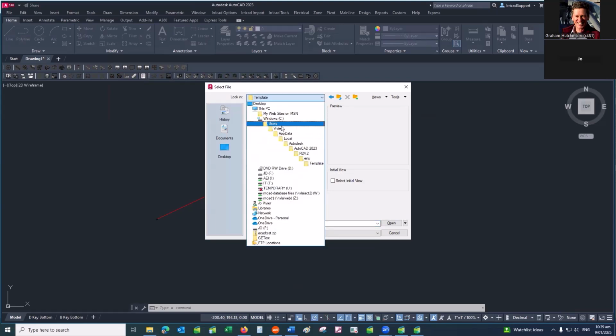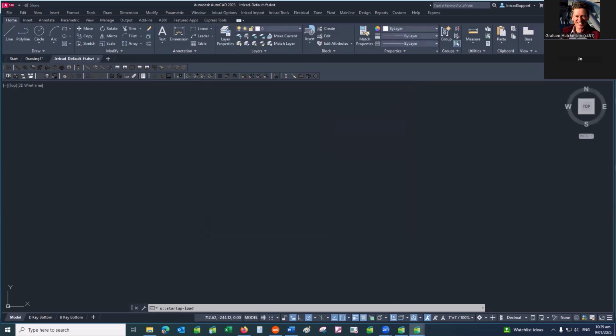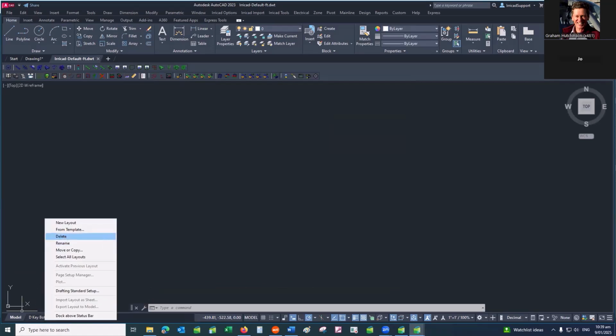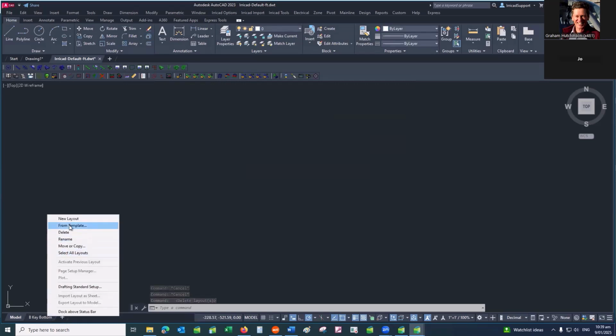which is nicely hidden under Users, your login name, App Data, Local, and then through the Autodesk to the template folder. Now if I go to the default template, we can open that. In my particular case, I never use the size D paper, so I'm going to delete that one, and I'm going to add from template